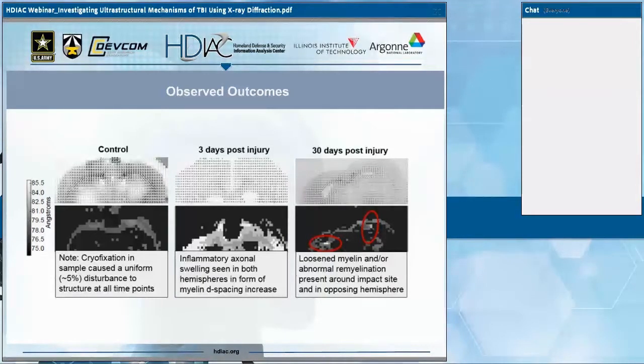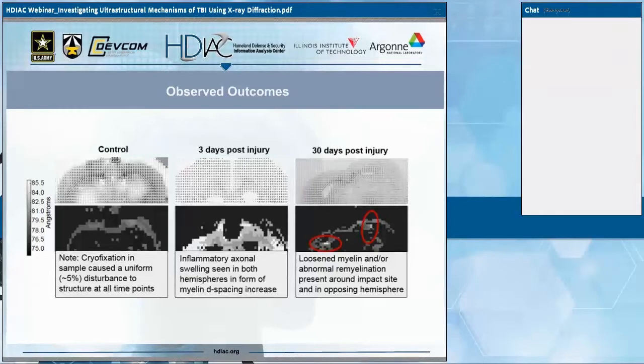So this is one of our take-home observations from the use of these donated brain slices. In the control, we can see, as already mentioned, there's a uniform 5% disturbance in structural spacing across the brain, and then 3 days post-injury, we see that there is a brain-wide, or at least in the section, there's an increase in the D-spacing, so the myelin packing is increased throughout the entire brain, and then very intriguingly, at 30